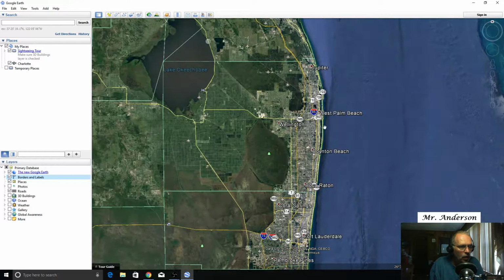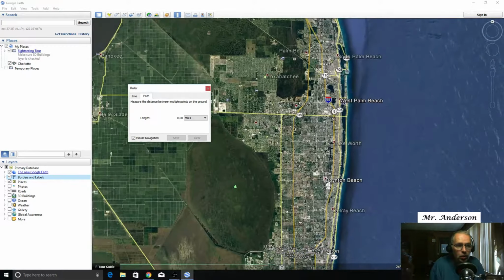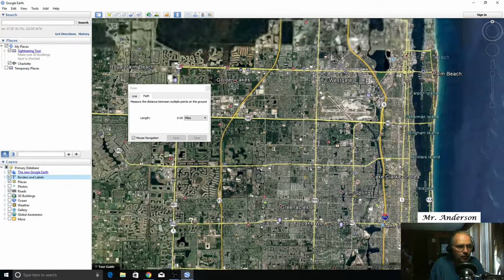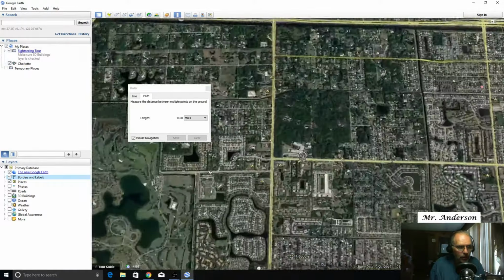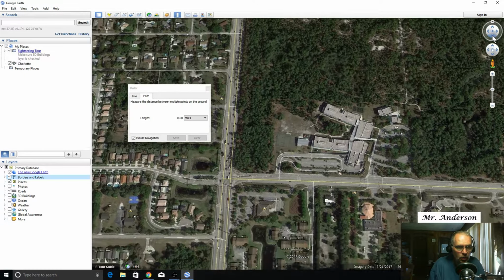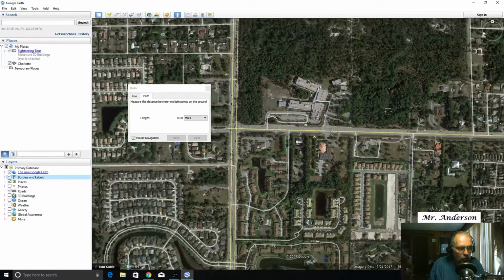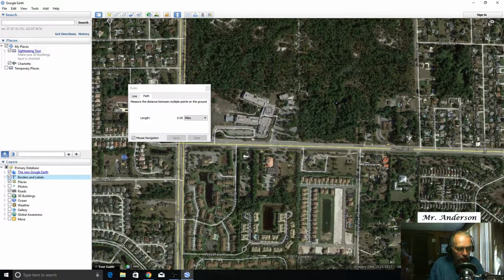Now, when you're using the ruler, you can also create a path. Now, paths are really interesting, and I like to use paths, especially if I'm doing bike riding or I'm walking long distances. So what we're going to do is we're going to create a path. We're going to zoom in and find Pine Jog Elementary School, which is right here. Let's hold that down so we can actually get right over the top of it. And let's say that we want to chart a path from the front door of the school to the corner of Summit Boulevard,